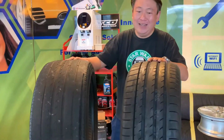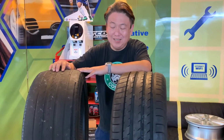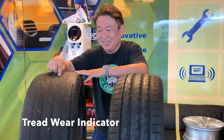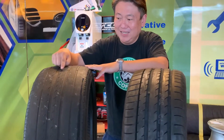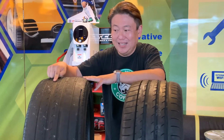If you are comparing two tires, this is brand new and this is worn out. How do you see the tire needs to be replaced? If you look carefully here, there is a tread wear indicator. Every tire has a tread wear indicator. When the tread and the tread wear indicator are at the same level, that is the time to